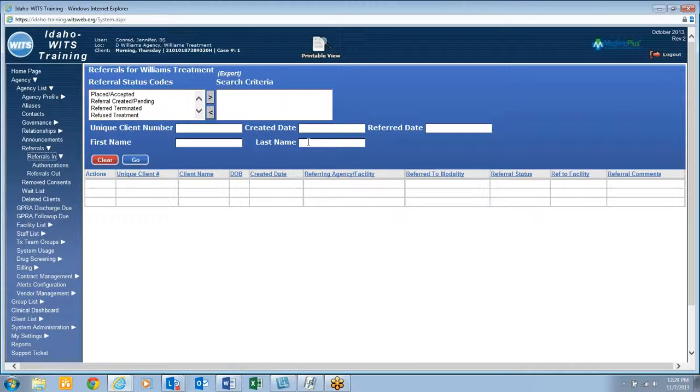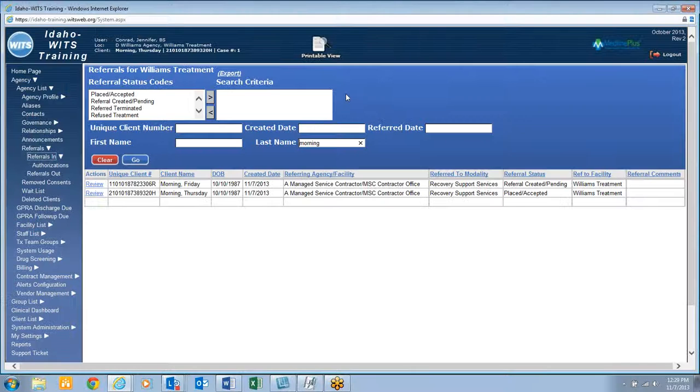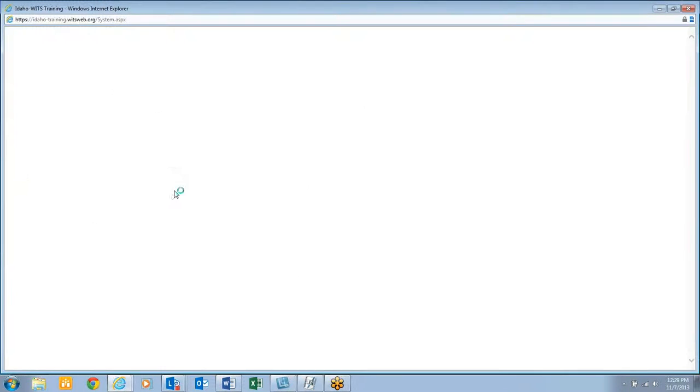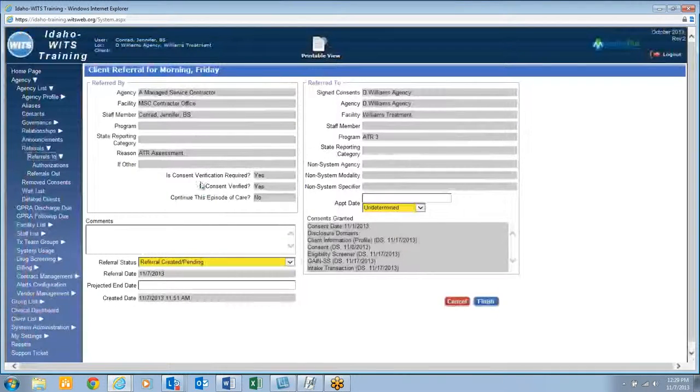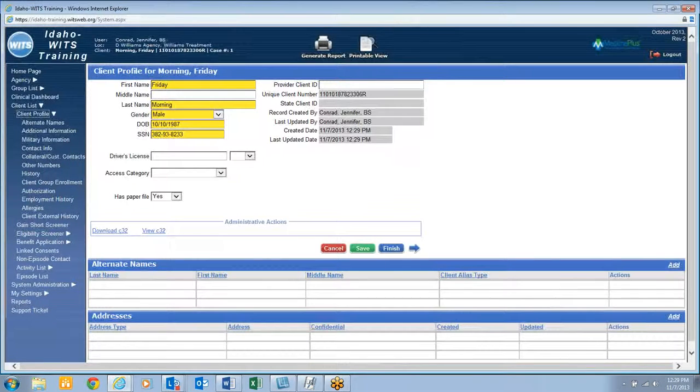When we first get a referral from BPA, we're going to find it on our referral screen here. And I'm going to take one that I haven't accepted yet. We know that this is a referral to ATR because the program is ATR 3. When I accept this referral,